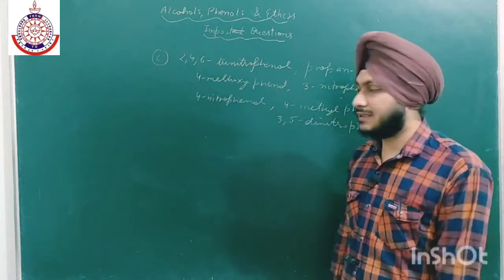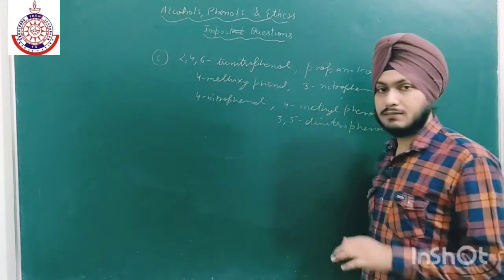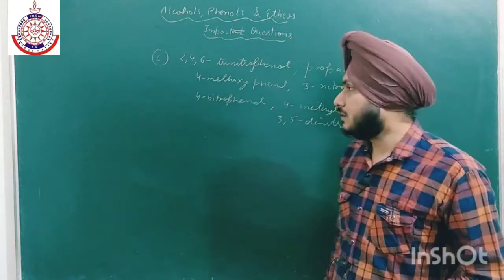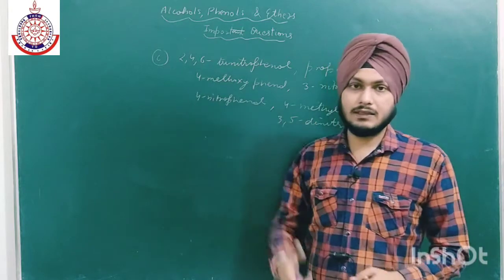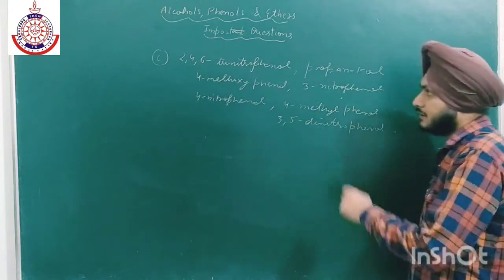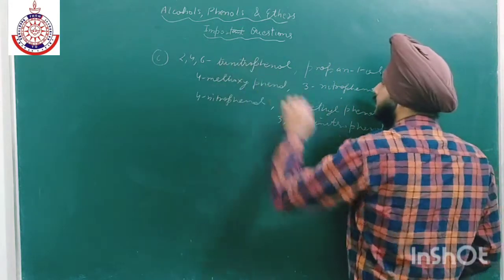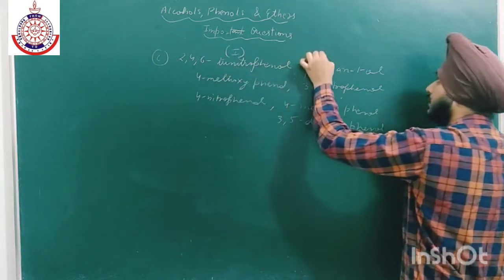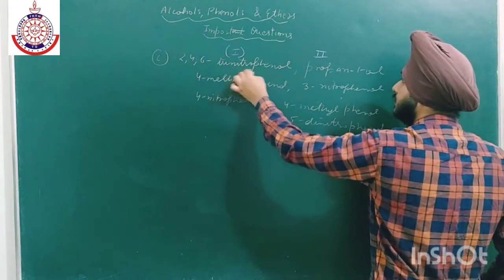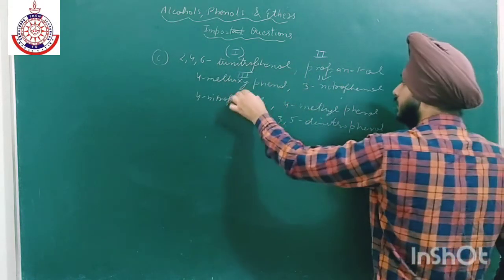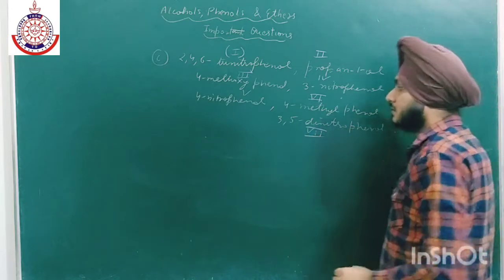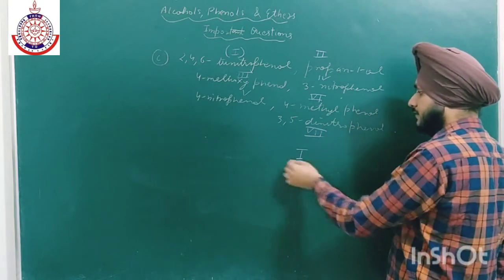Okay, so this will be the most acidic, because the nitro groups are at the ortho and para positions: both ortho and one para. So it is the most acidic. If I mark it as first, this is second, this is third, fourth, fifth, sixth, and then we have 7. So the most acidic is first.